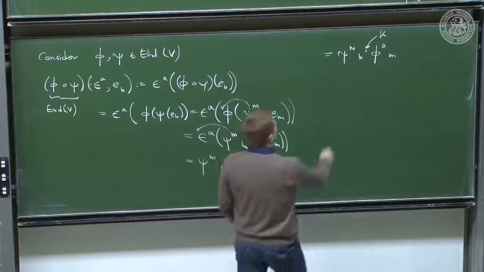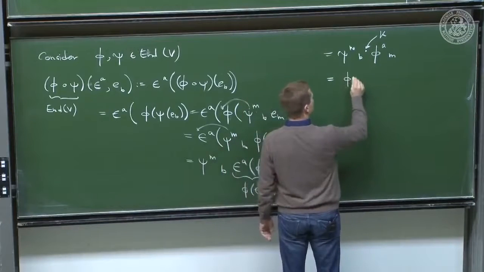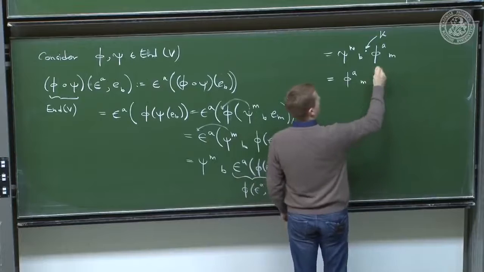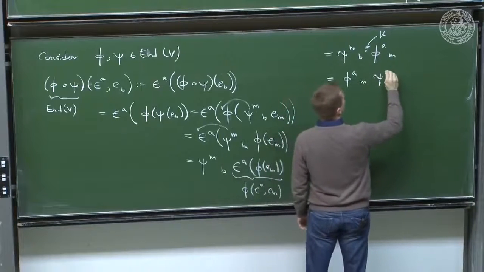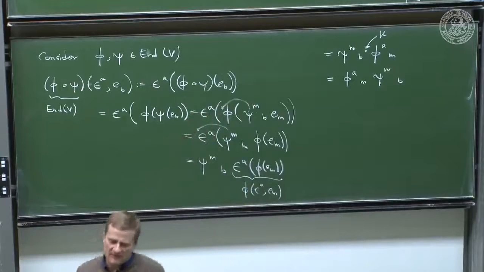And this is true, but if this is in k, k is a field, so it's commutative. So in particular, this is precisely the same as commuting the two factors. There's no difference between this on the left and on the right, it's the same thing because these are numbers. But now,